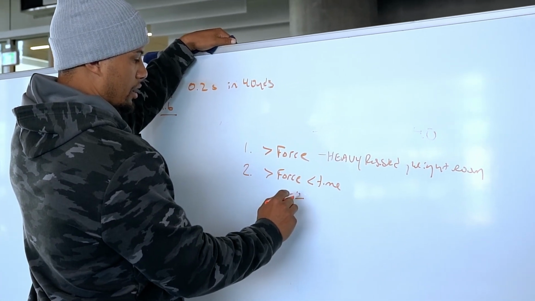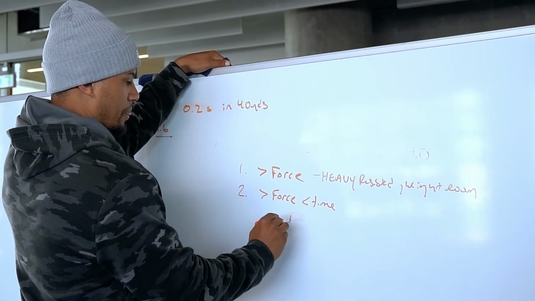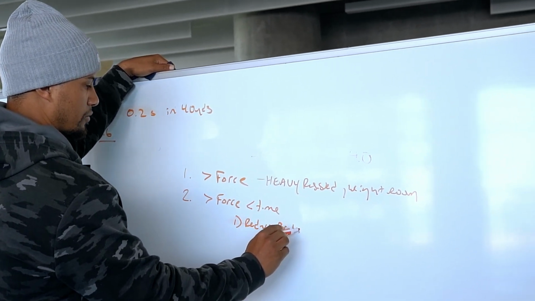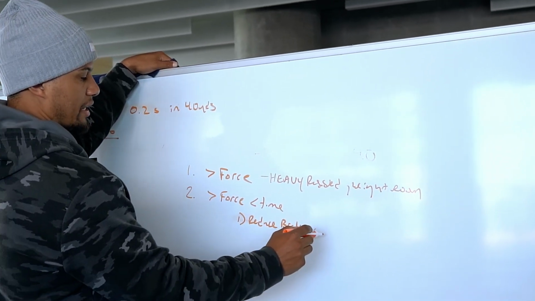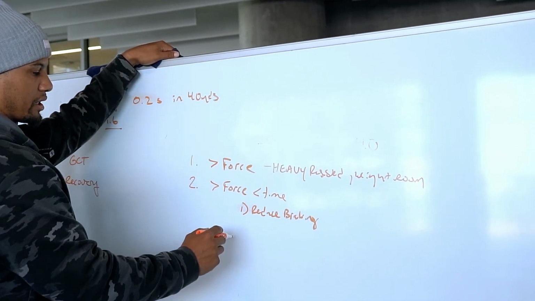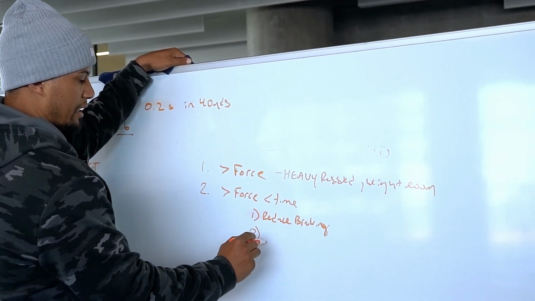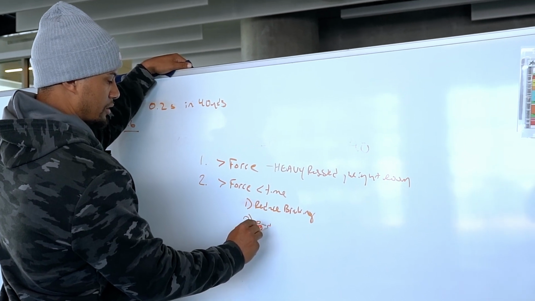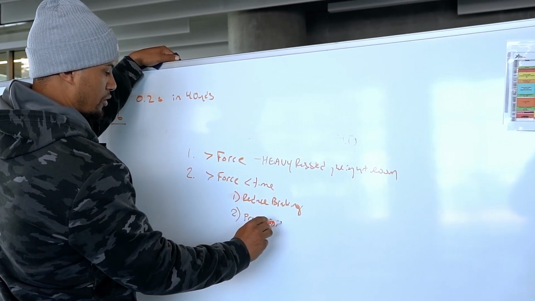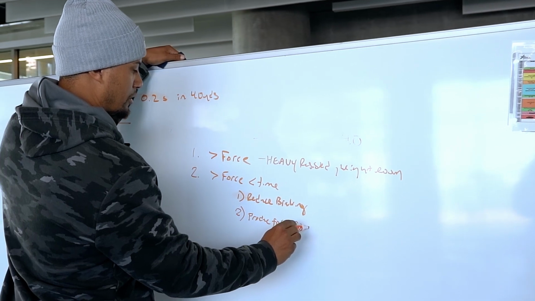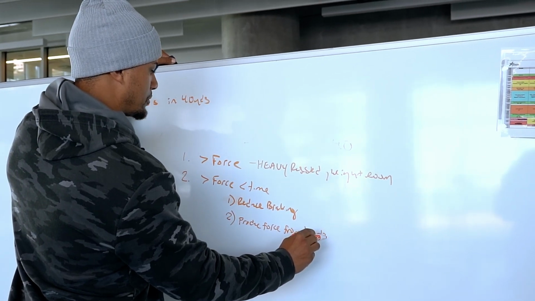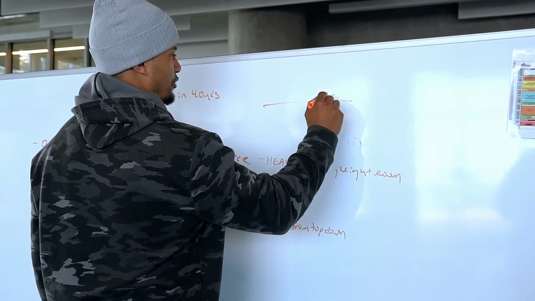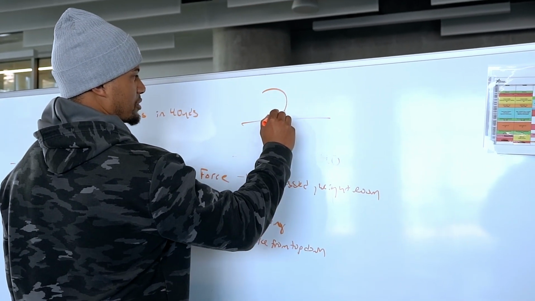Number one, I need to reduce braking. So if my foot is landing in front of my body, that's braking, right? From there, I need to improve my ability to produce force from top down. So the reason why from top down, when my foot's hitting the ground here, when it's swinging into the ground,